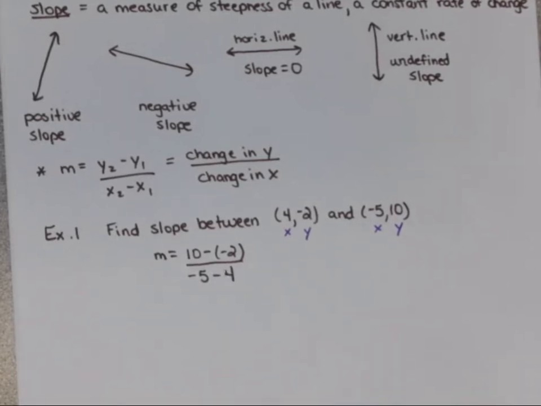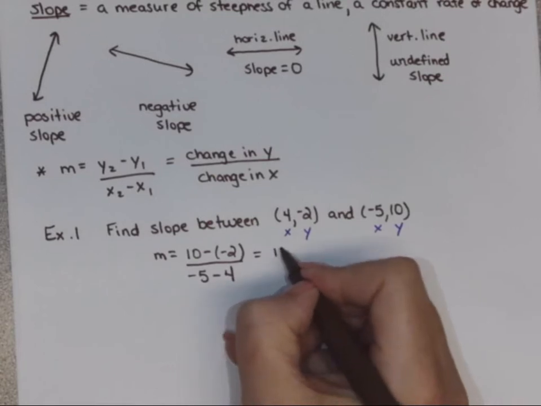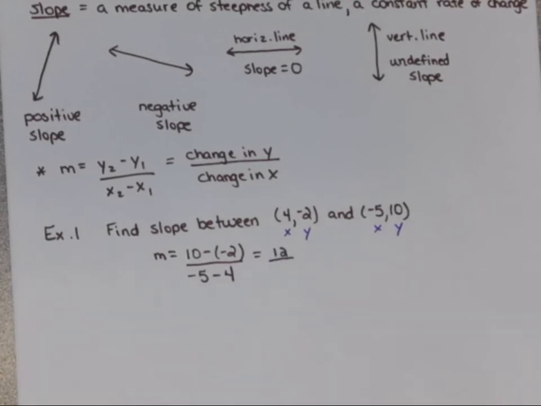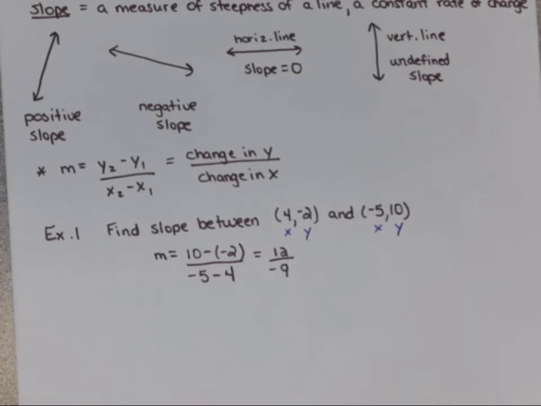Okay, so just work top out separately and then bottom out separately. What is 10 minus -2? It changes to plus, so what would it be? 12. And then what about on the bottom? What's negative 5 take away 4? Negative 9. So if you give my math lab this answer, it's going to say, hey, you've got the right